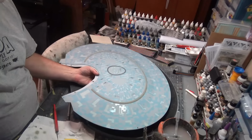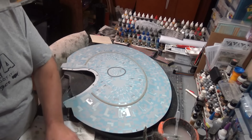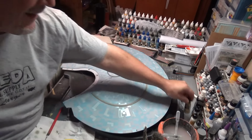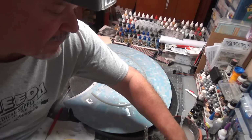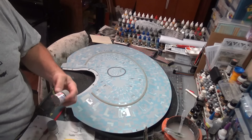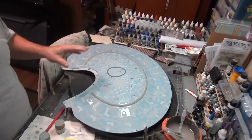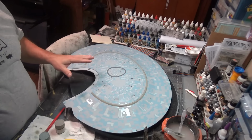Actually, you know what? Before I move this off, and because I'm done with this color of paint, I'm done with the cement color, which is what I used for the phaser strips. This is the Vallejo Model Air Cement Gray. Because I am done with all of that, I have moved my paints around so many times I gotta find out where they are. Royal Light Gray. Royal Light Gray is the blending coat color, and I'm going to go ahead and give this thing the blending coat before I move it off of the table, and then I can bring back the top, give it its blending coat, and then we'll be ready for the